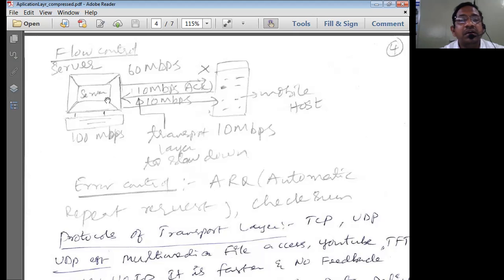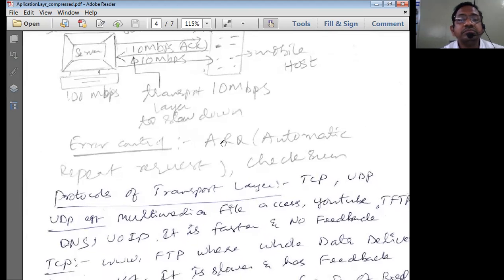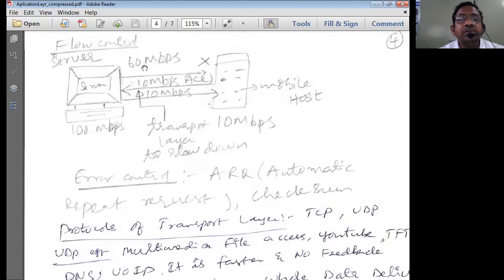Then the server sends its data at 10 Mbps so that the mobile host can receive the data coming on the line. Because of this handshaking, the transport layer is going to slow down the data transfer operation. Obviously, whenever handshaking is involved, the operation is definitely slowed down.